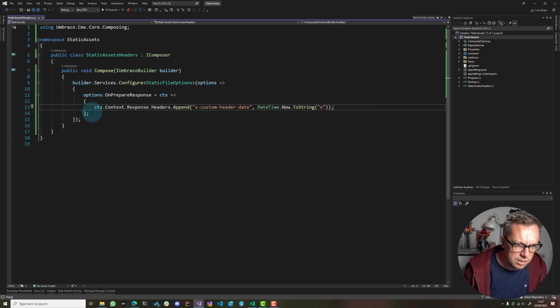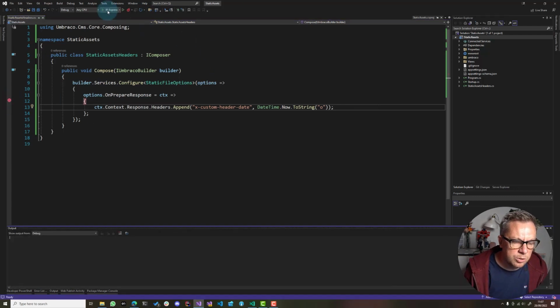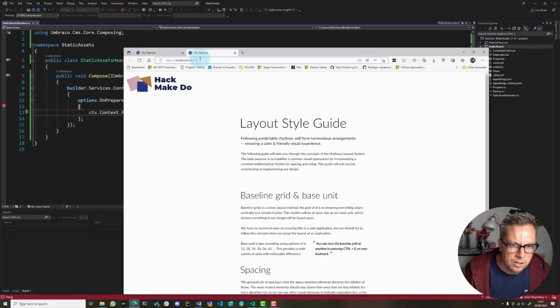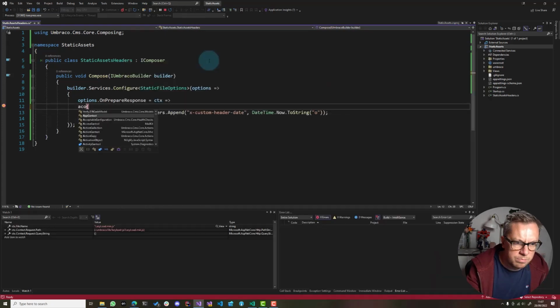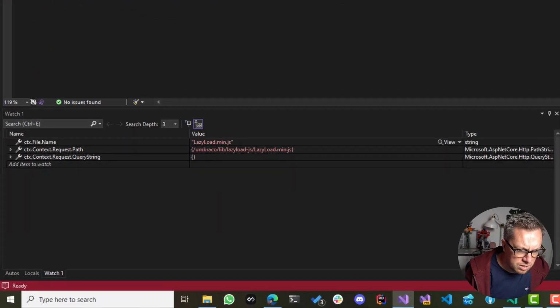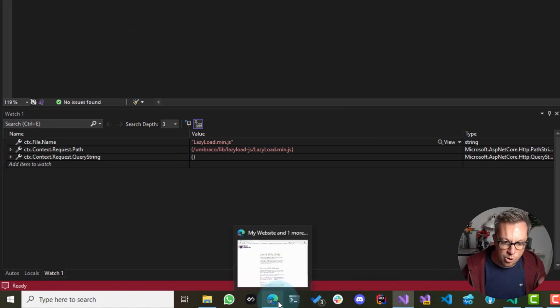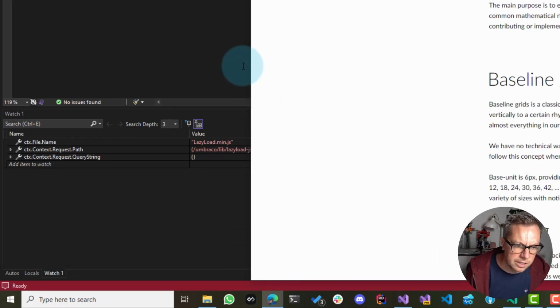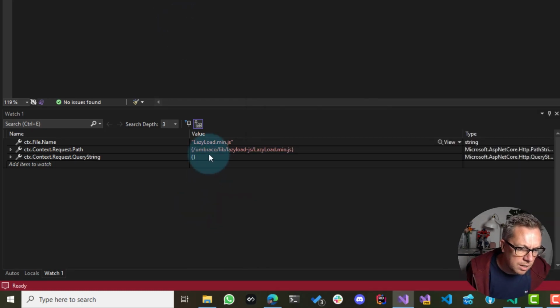actually, let's add the breakpoint back, and I want to show a potential problem. Come on, Edge. So if I log into the, there you go. Even before, so obviously Chrome and many browsers do kind of preloading. So I haven't even finished typing Umbraco and hit enter yet, but it's obviously fetching the back office assets. And you can see that here, the Umbraco back office assets and libraries and third-party libraries is also going to get this